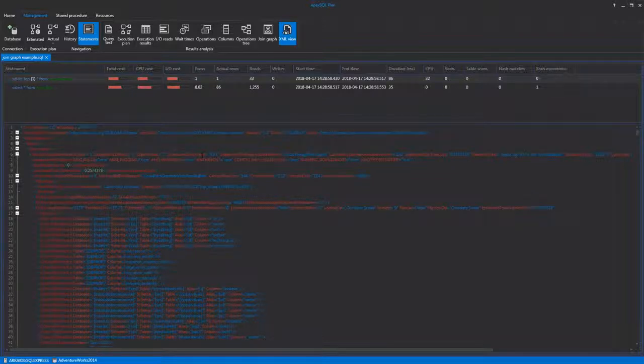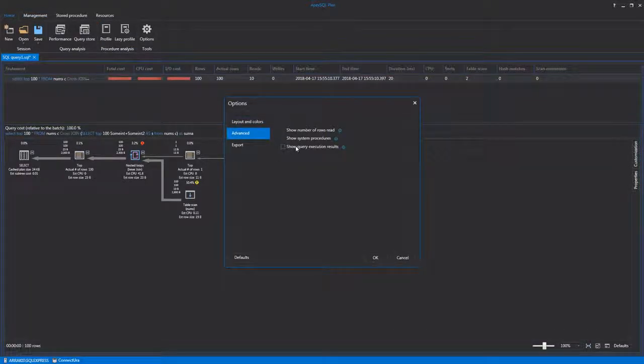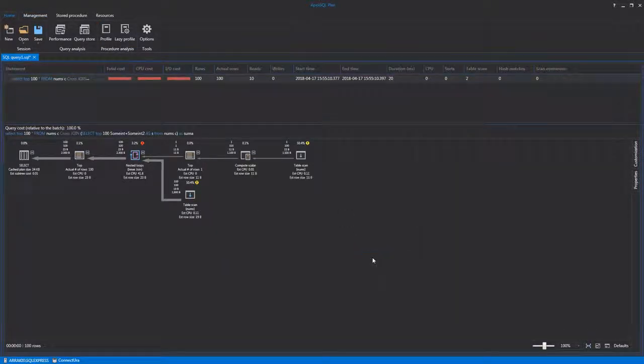When it comes to XML, almost every grid in ApexSQL Plan can be exported into HTML and XML formats for later use. The export options are available for every grid by right-clicking and selecting the desired option in the context menu. Another optional Execution Results tab can be included from the Options menu by checking the Show Query Execution Results